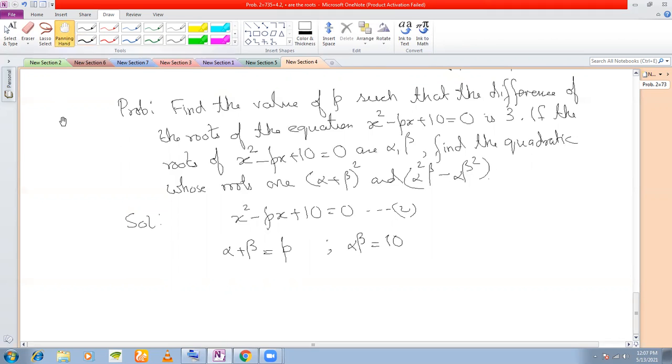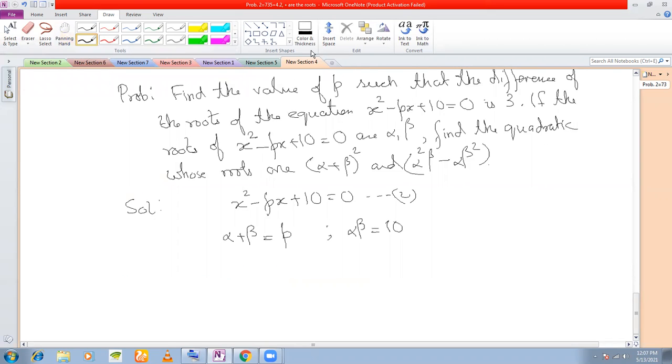Right? Now here, see the difference of the root. What do you mean by difference of the roots? Can anyone tell me? Last year also, when we were discussing circles, I had explained to you what difference means. If I say difference between A and B, two numbers, what does it mean? A minus B, right? Sir, it can be the other way around also. Very good. It can be B minus A also.